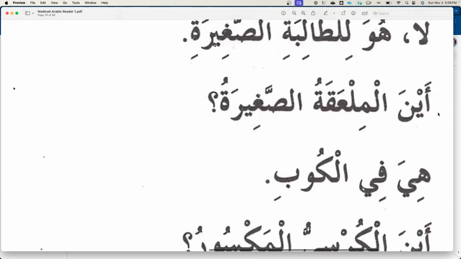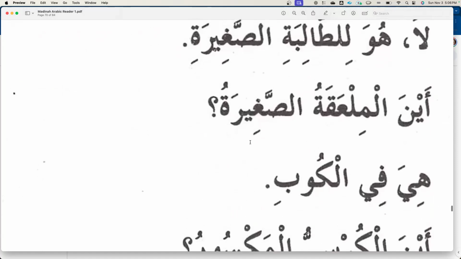Okay, smart. أين الملعقة الصغيرة؟ أين الملعقة الصغيرة؟